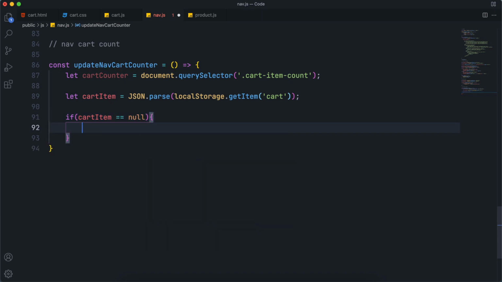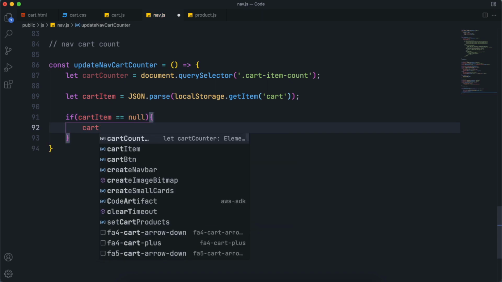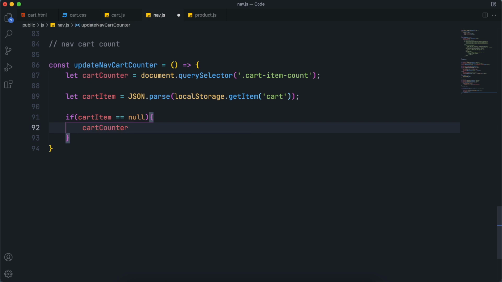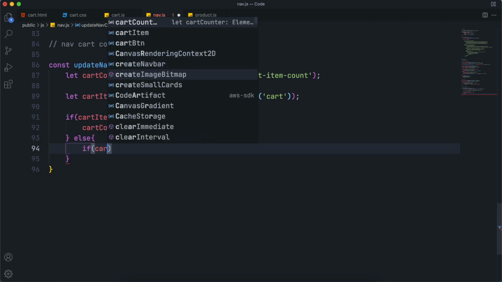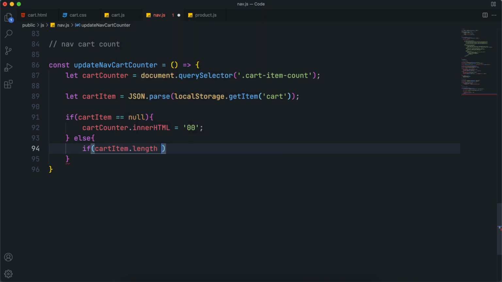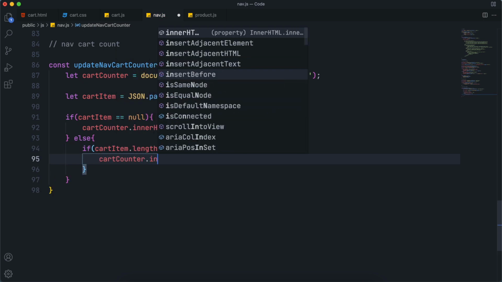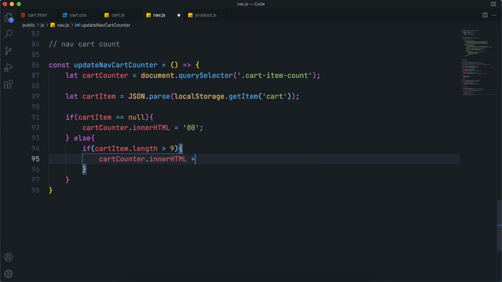So do it using equals to null. If it is null, which means we don't have anything in the cart, so basically just set the cart counter in our HTML equals to 0. But if we do have something, check whether it is greater than 9. So if our item count is greater than 9, we want it in our HTML to equal 9 plus.